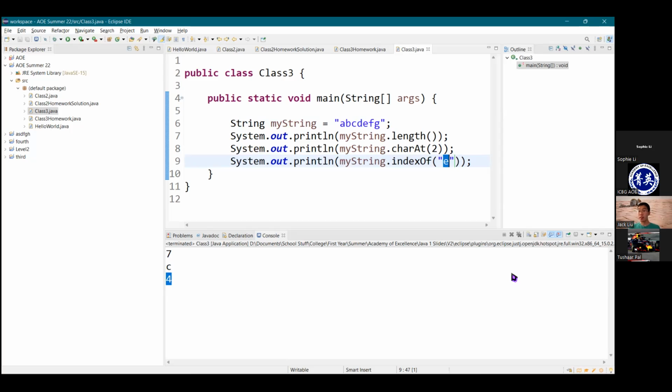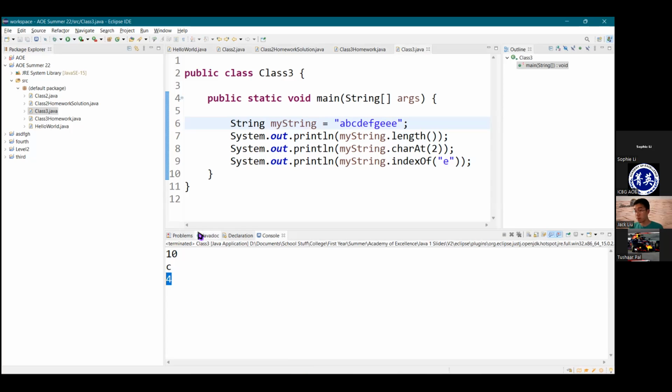indexOf is actually a lot more complicated than it might seem. So I gave you the really simplified definition of what it does. It looks for some sort of pattern. In this case, I put E, and it tells you the location of it. But there's a couple important details. For example, what if my string has multiples of that letter? What if there's 2 E's in my string? Maybe there's 3, maybe there's 4, maybe there's a bunch. Now what does indexOf return? Well, if we just try it,